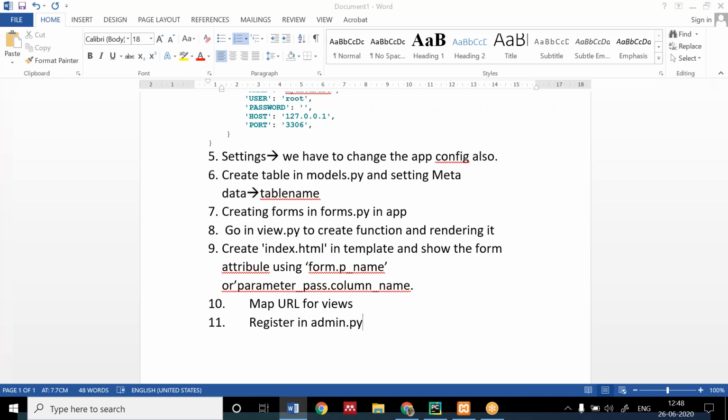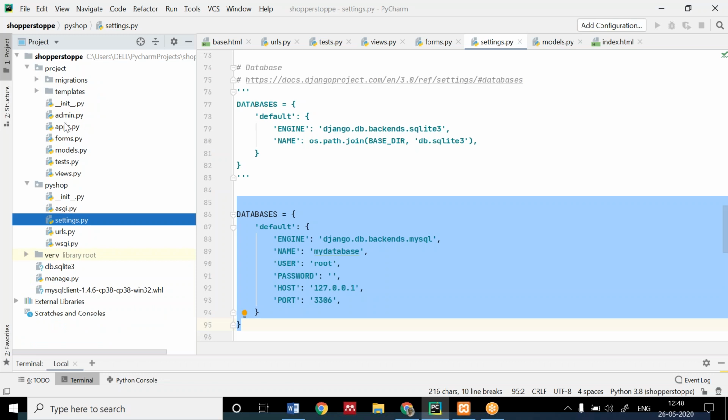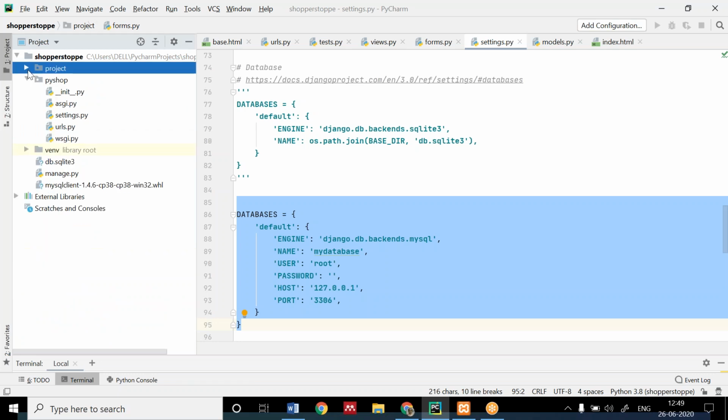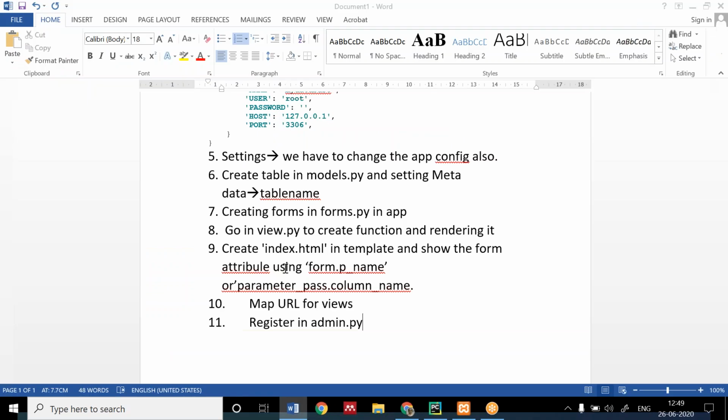Is there any step which I have not written? See if any steps are remaining. Okay, Vishakha, after writing it, I will be repeating the steps. Any steps which I have missed? Let us check that. In template, we have written; admin, we have written; app, we have written; forms, models, views, settings, URLs. And I think I have covered everything. You are a genius now in Django, so you can help me out if I am stuck.